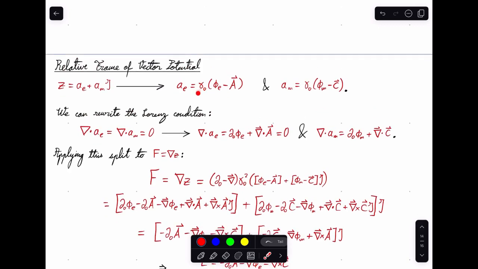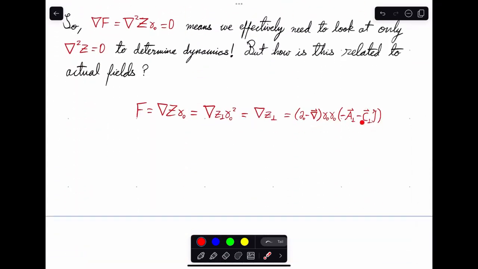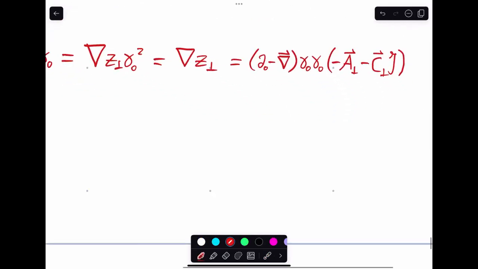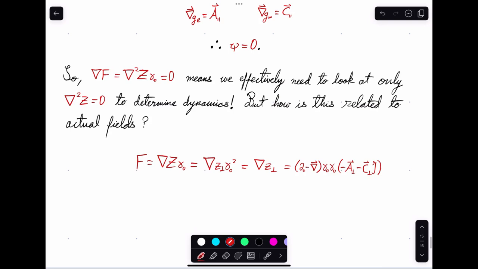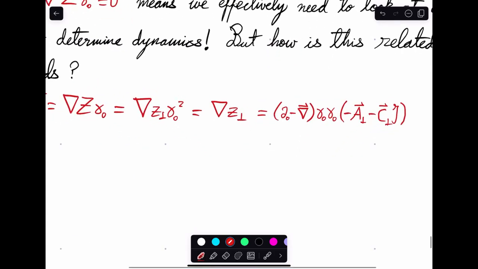Yeah, so gamma here is on the left, but you have a negative A. Gamma here is on the left, you have a negative C. So here you have negative A, negative C. So you have this, which is equal, if you expand this out, you end up with partial naught minus partial naught A perpendicular, then minus partial naught C perpendicular,